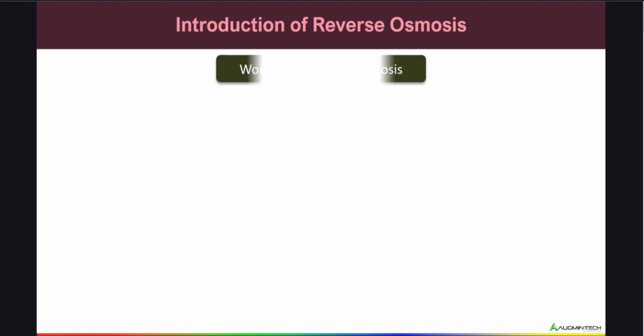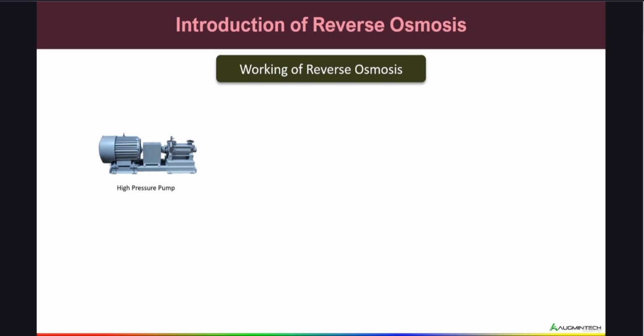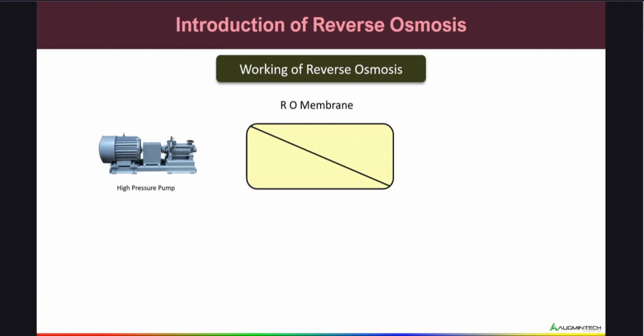If we talk about the working of reverse osmosis, then reverse osmosis works by using a high pressure pump to increase the pressure on the salt side of the RO and force the water across the semi-permeable RO membrane, leaving almost all, around 95 to 99%, of dissolved salts behind in the reject stream. The amount of pressure required depends on the salt concentration of the feed water. The more concentrated the feed water, the more pressure is required to overcome the osmotic pressure.